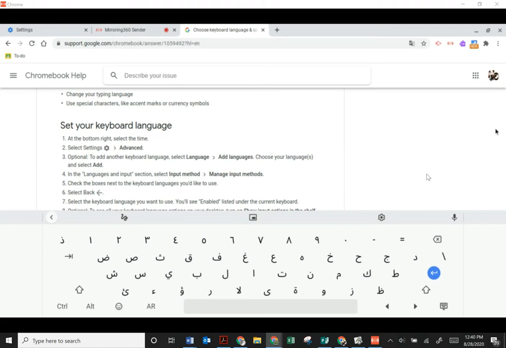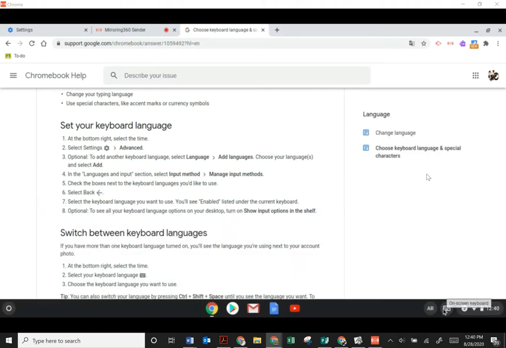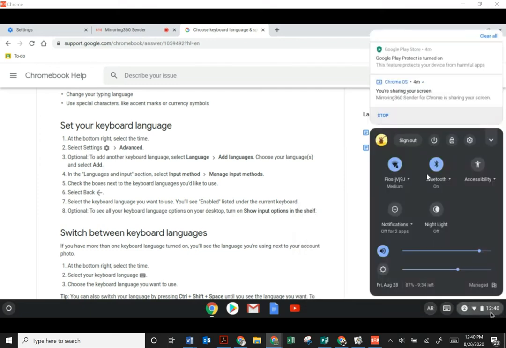If at any point you need to turn off your on-screen keyboard or change your settings back to normal, you're going to click the drop down here. We are going to click on the AR, Arabic keyboard, and select US keyboard. If you do not have AR or an option down here to change the language, you can select the time,